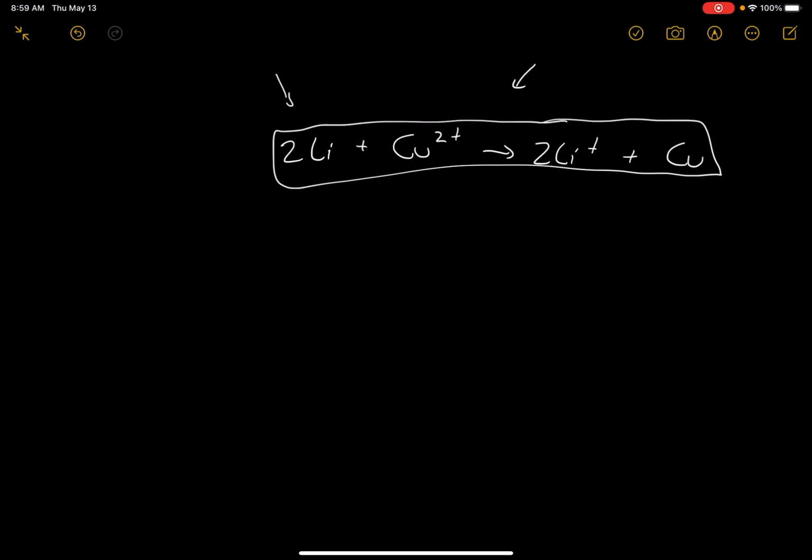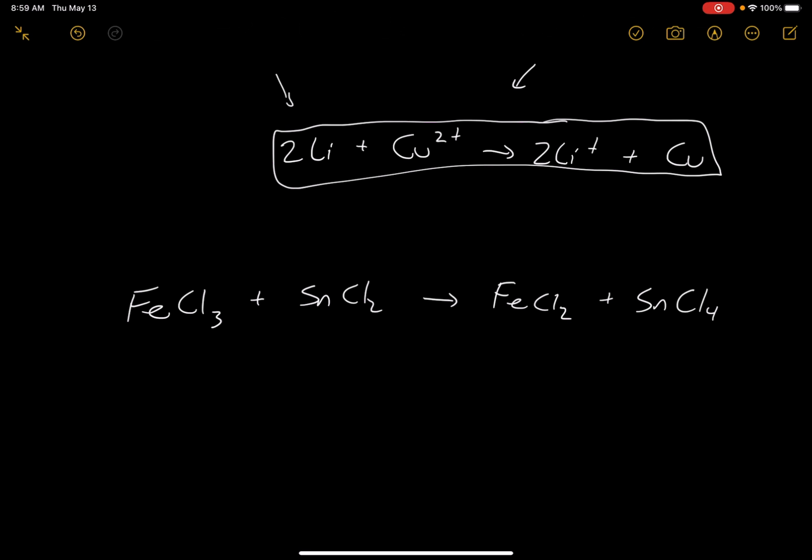So if we have, for example, FeCl3 plus SnCl2, and these go to FeCl2 plus SnCl4. This is not really balanced, by the way, but if we're looking at this reaction,